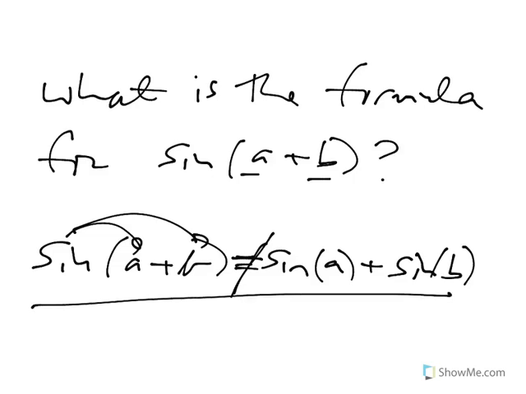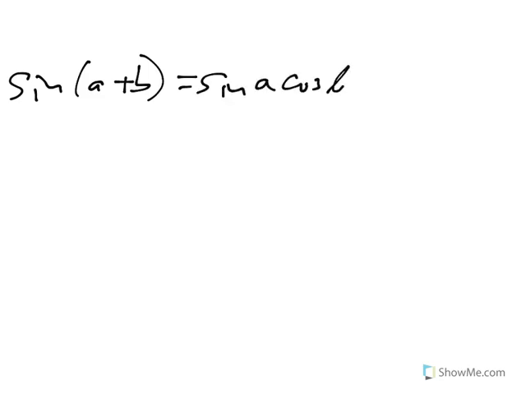First, I'm going to show you what the formula is, and then I'm going to derive the formula afterwards. The formula is not very intuitive when you just see it. It's actually kind of complicated, and it's not at all obvious why this is true. But the formula is sine A cosine B plus cosine A sine B. So there's actually 4